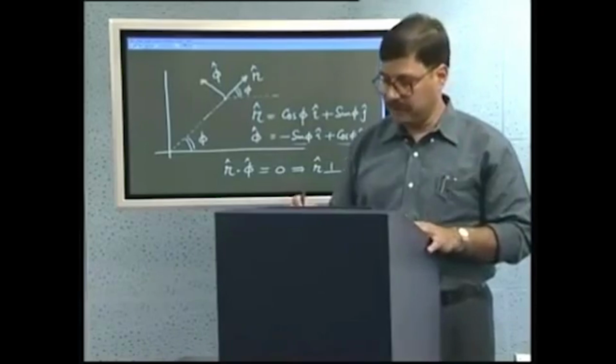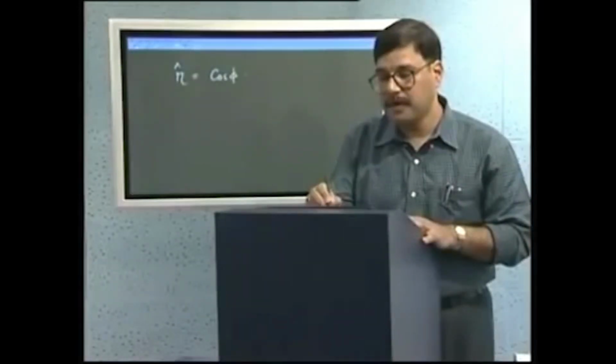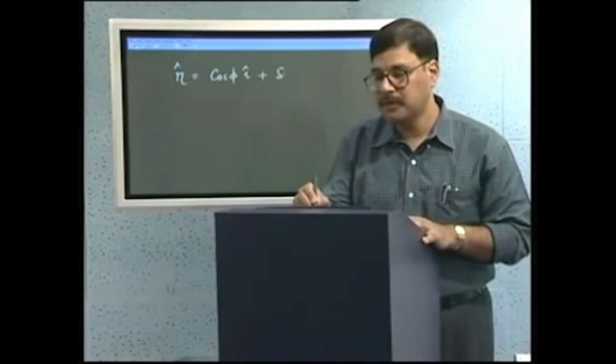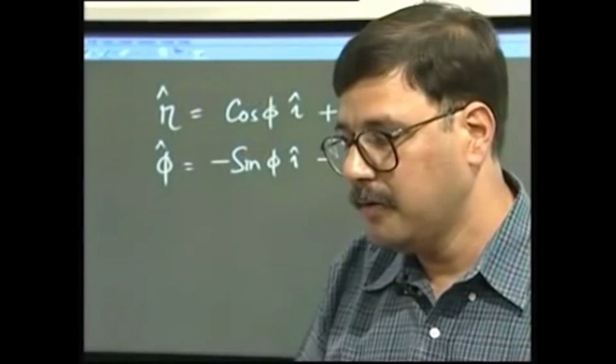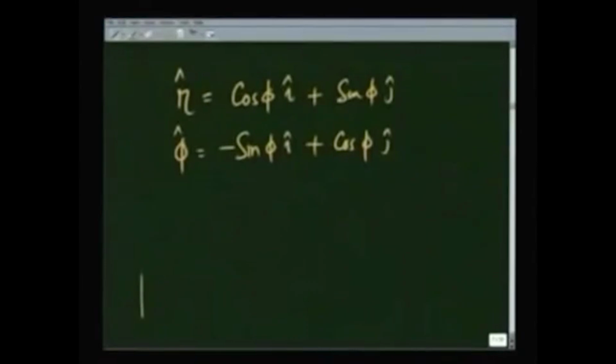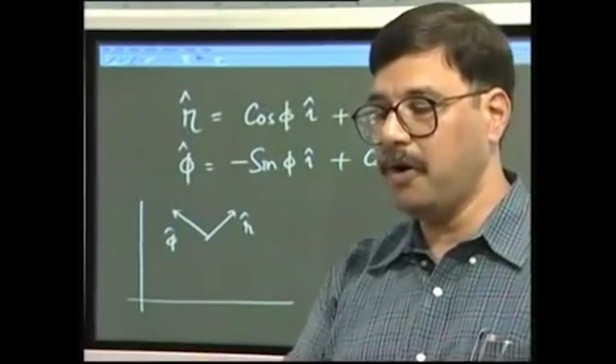It is clear from their definition, and let me write them separately now. r unit vector is equal to cosine of phi i plus sine of phi j. Phi unit vector is equal to minus sine of phi i plus cosine of phi j. Just to remind you again, for a given position, this is my r unit vector and this is my phi unit vector. So, it is clear from their definition that the unit vectors r and phi depend on what phi